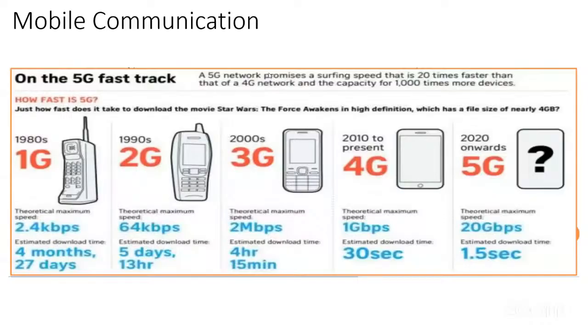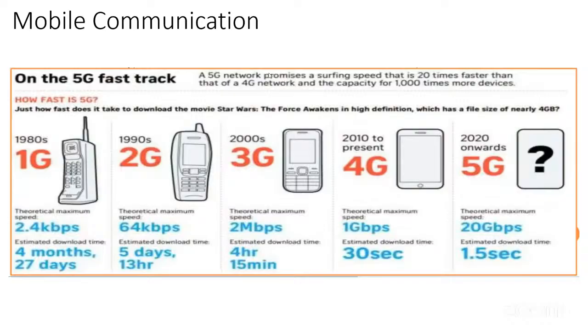Okay, so now coming to mobile communication. Most of you are already using 4G, 5G, or at least a 4G network. In the 1980s, we got 1G mobile phones, which were very bulky. Later, it developed to 2G, then 3G, then 4G, and 5G. So, what is the basic difference?